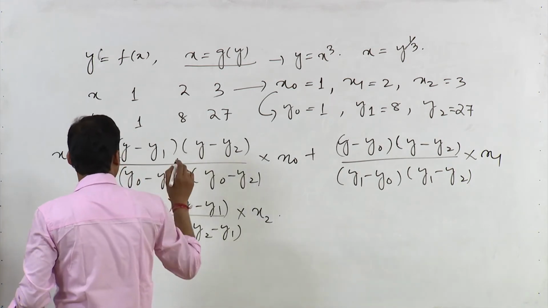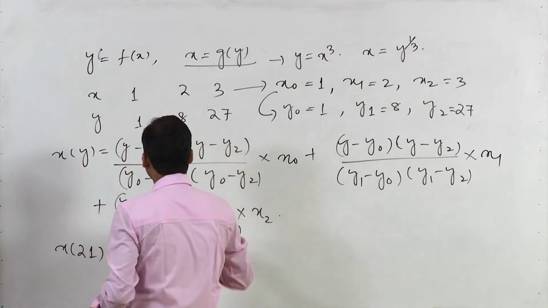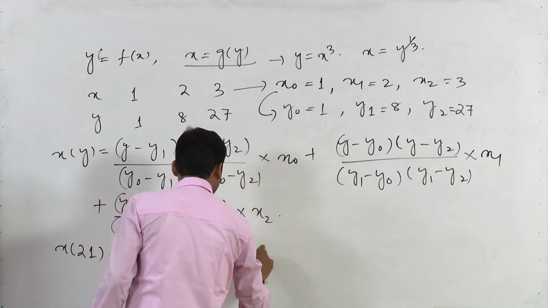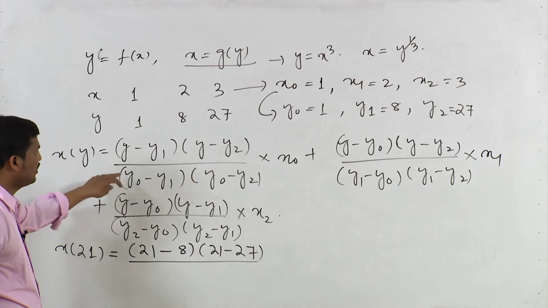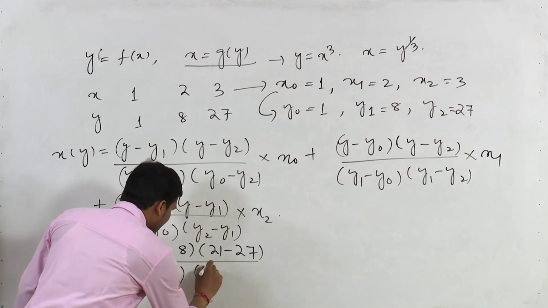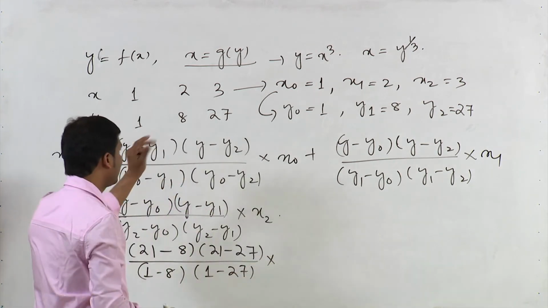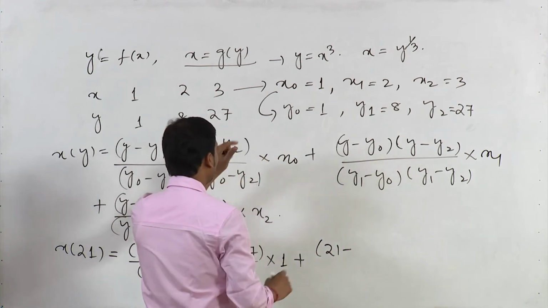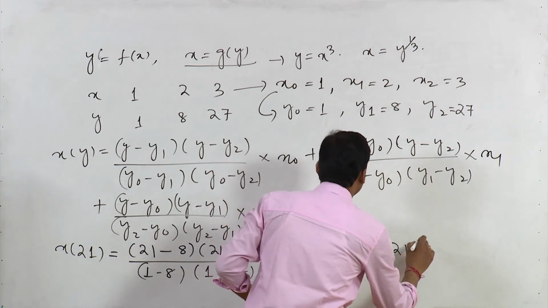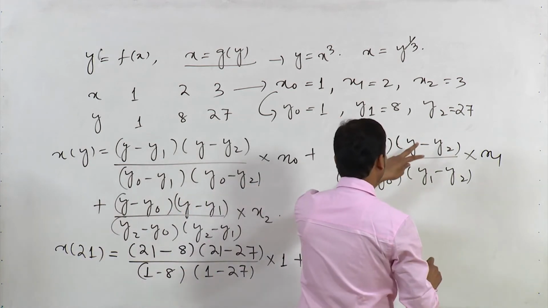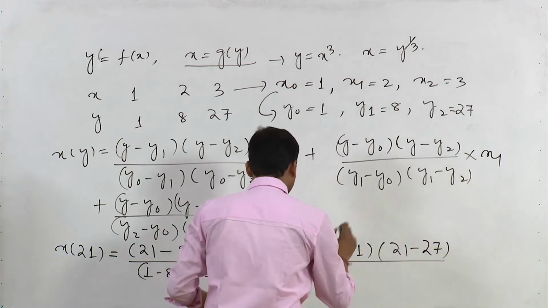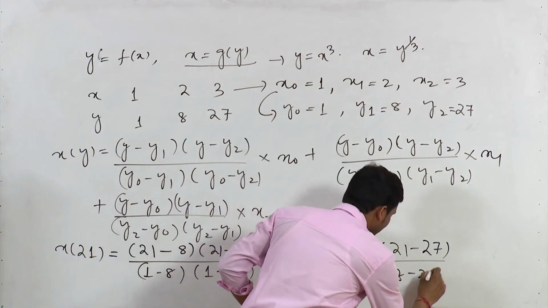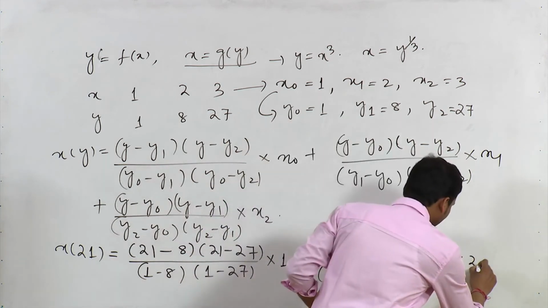(21 minus y1), that is 21 minus 8, (21 minus 27), divided by the corresponding values (1 minus 8)(1 minus 27), into x0, whose value is 1, plus again (21 minus y0), so y0 is 1, into (21 minus y2), where y2 is 27, divided by y1 minus y0, that is 8 minus 1, and 8 minus 27, and the second x value is 2, plus the third value